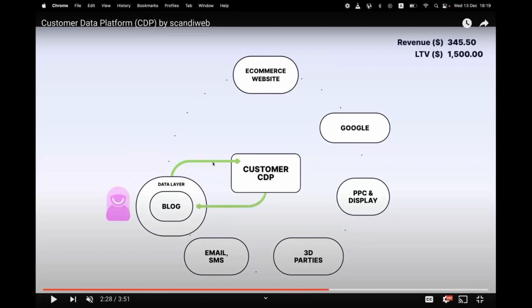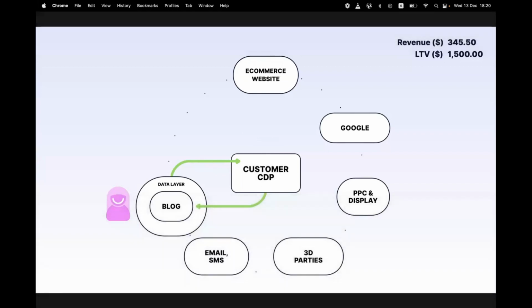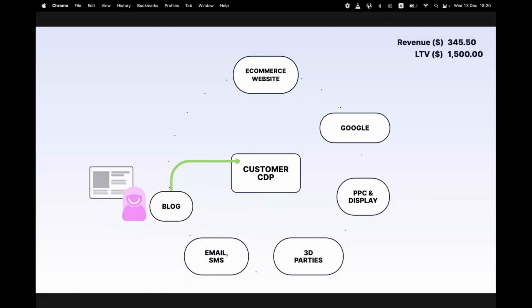Then the CDP tells, okay, I know about Alice. Alice likes stuff about fashion, travel, sports, and okay, maybe we only have some sports campaigns, but then we can personalize our blog featured widget with some information that would be much more relevant for Alice than other things we have in the blog. So let's see what we are displaying. Shoes again, some stuff for kids, sports for kids, orthopedic insoles. That was interesting. She clicked and we collected this click to the customer CDP.